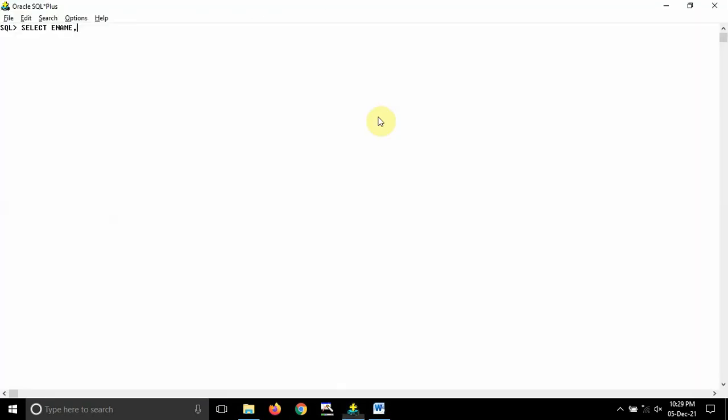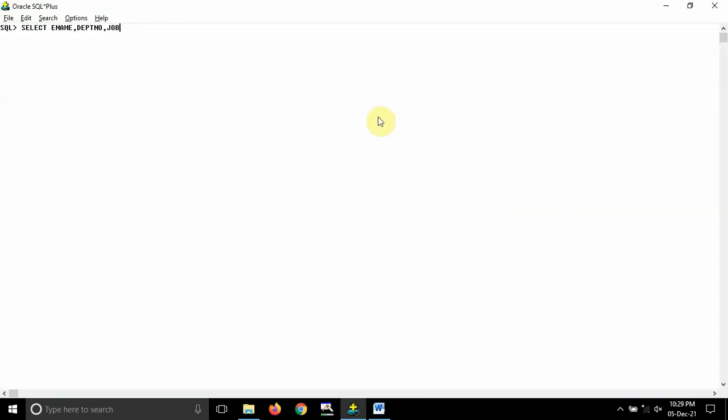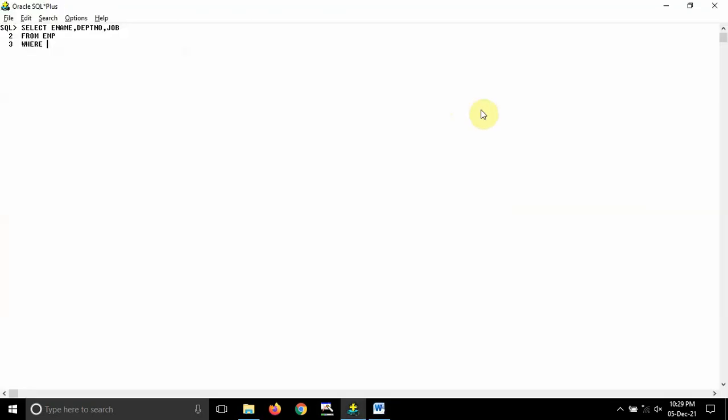After that department number, DEPT number. After that I want to display job, so we will give it as job, and from EMP, where the condition says working as clerk in department number 10 or 20. So job should be equal to clerk.